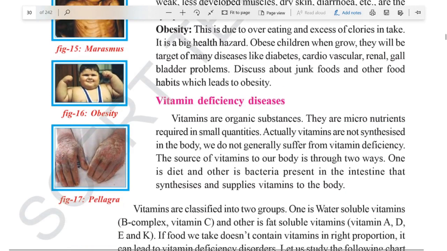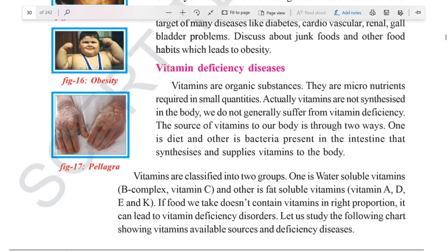And the vitamin deficiency diseases. See here. Vitamins are organic substances. They are micronutrients. We require vitamins in very small quantities. They are synthesized by the bacteria present in our large intestine. They are mostly present in fruits and vegetables. So here, one source is diet and the other is bacteria present in the intestine that synthesize and supply